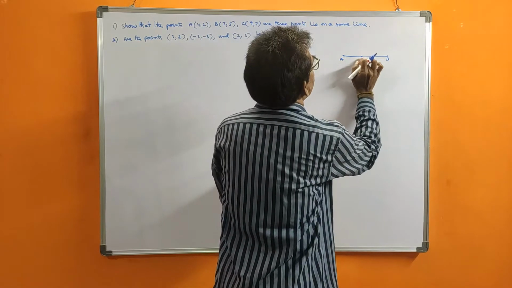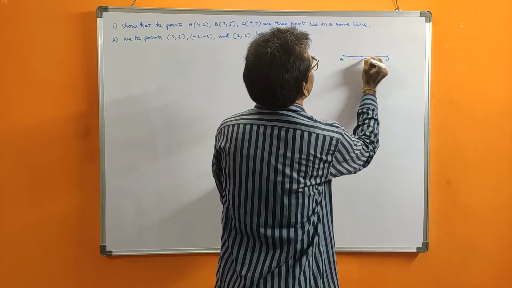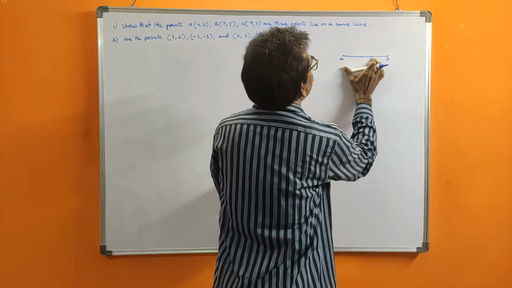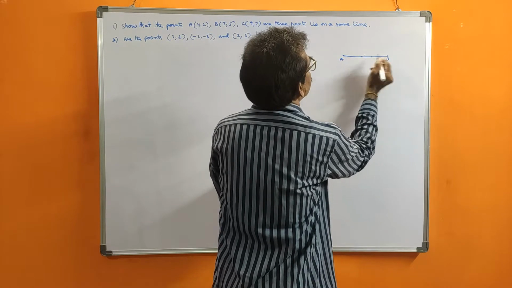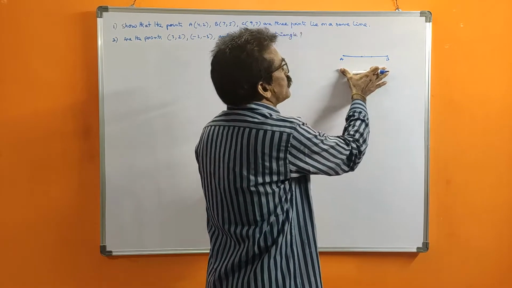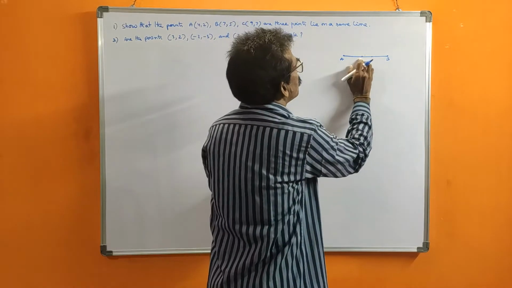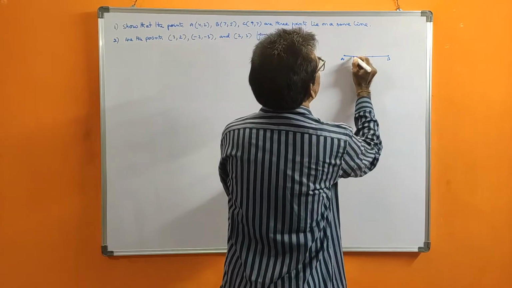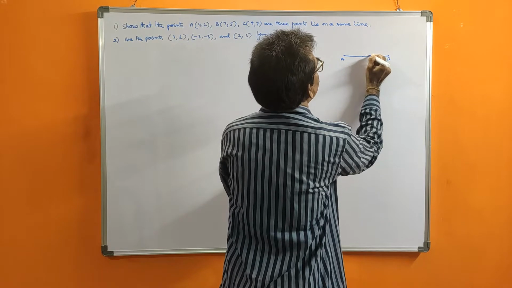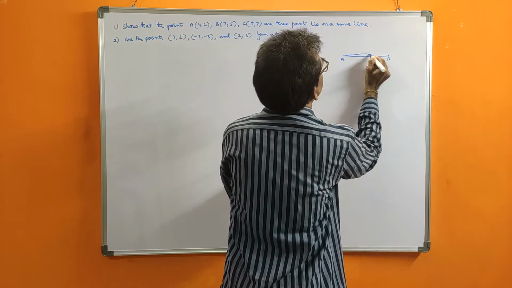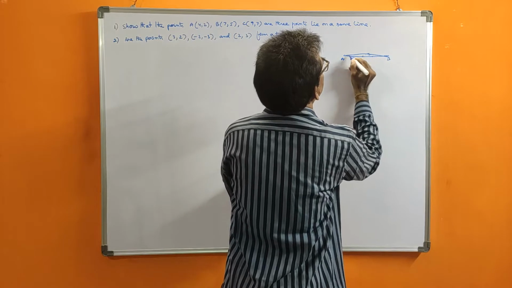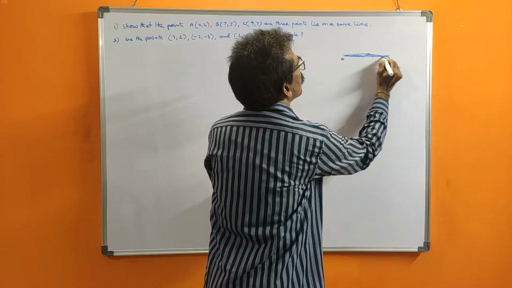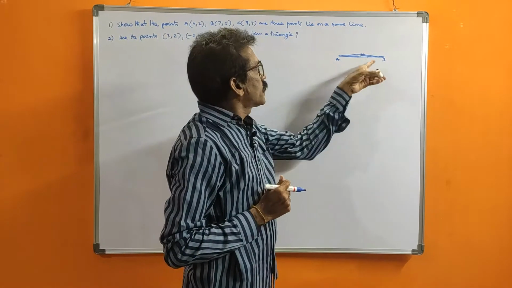Suppose C is not on the line, but somewhere down or up there. Then AC plus CB is not equal to AB. Whatever the place, the position is not important, it divides into two pieces, and adding two pieces gives the total piece. But if it is some distance down or up, it will form a triangle, even a small triangle, as we can draw here.